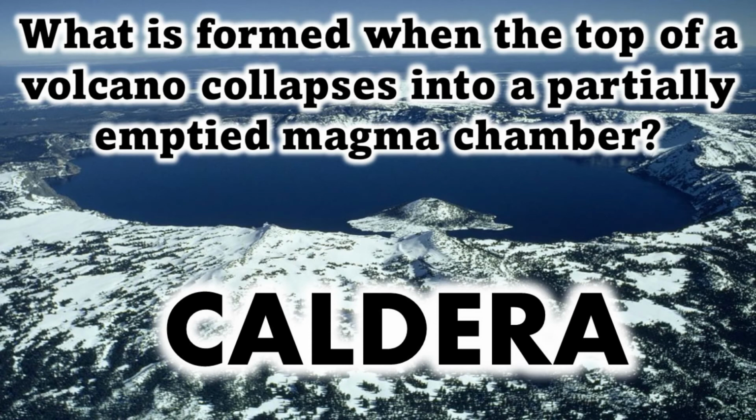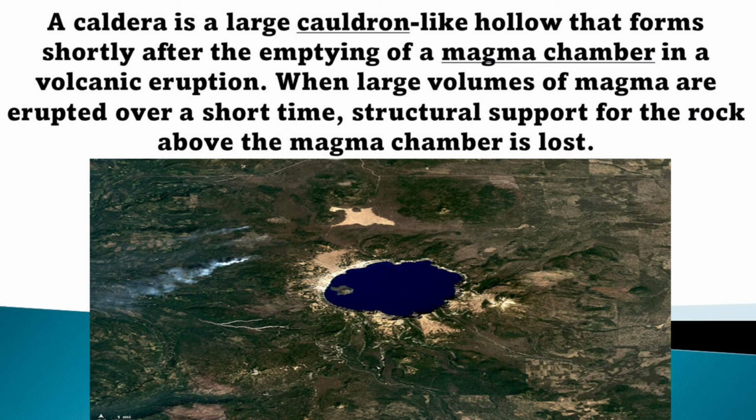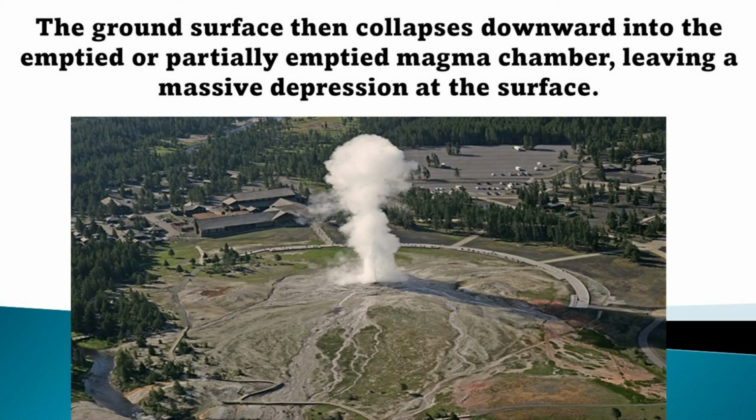It is called a caldera. A caldera is a large cauldron-like hollow that forms shortly after the emptying of a magma chamber in a volcanic eruption, when large volumes of magma are erupted over a short time. Structural support for the rock above the magma chamber is lost. The ground surface then collapses downward into the emptied or partially emptied magma chamber, leaving a massive depression at the